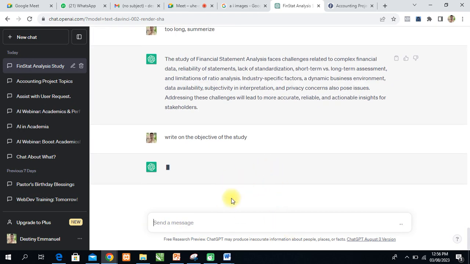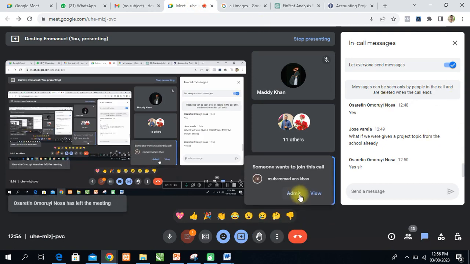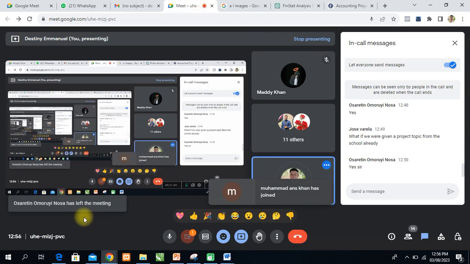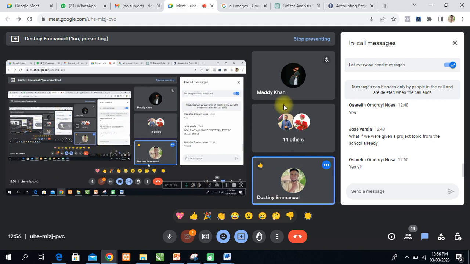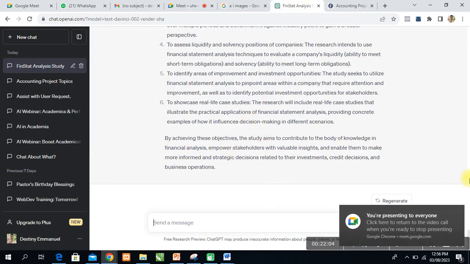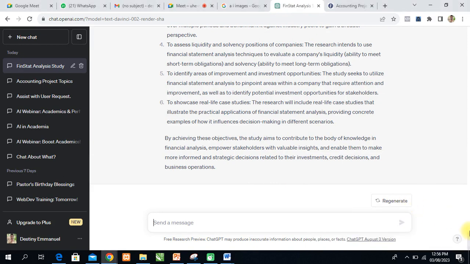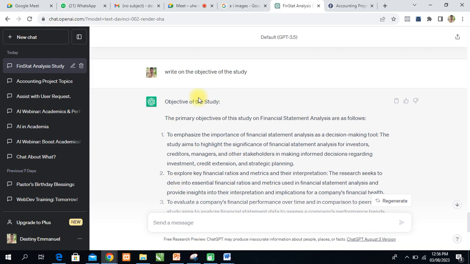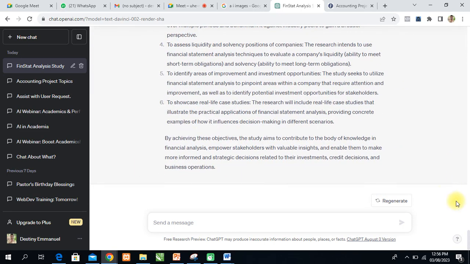So ChatGPT is writing an objective for the study for us. I believe we are still following. Let's see what ChatGPT has written for us. This is the objective of the study written for us. If this is too long, you can also tell ChatGPT to limit it. Let's tell it to limit it